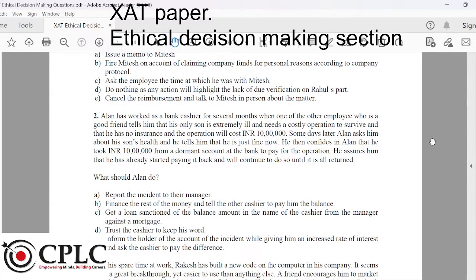It says Alan has worked as a bank cashier for several months when one of the other employees, who is a good friend